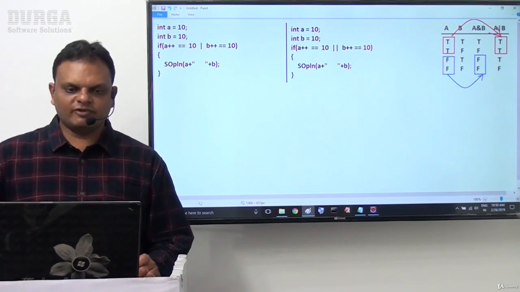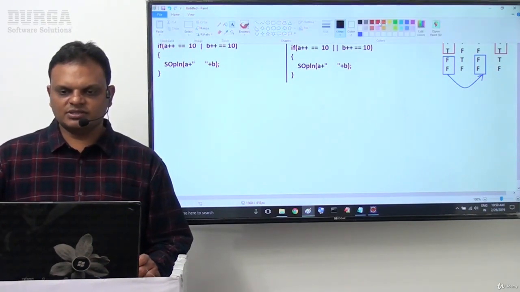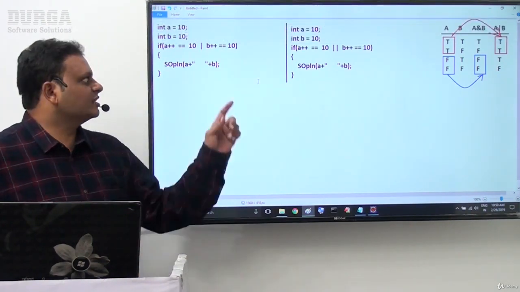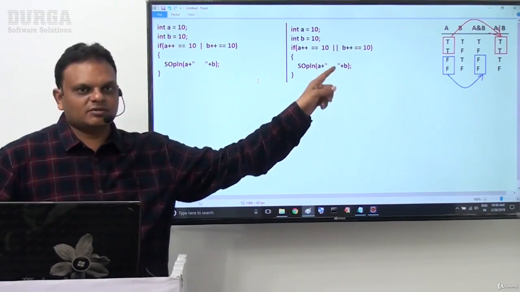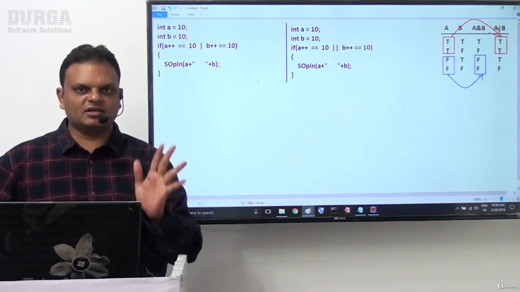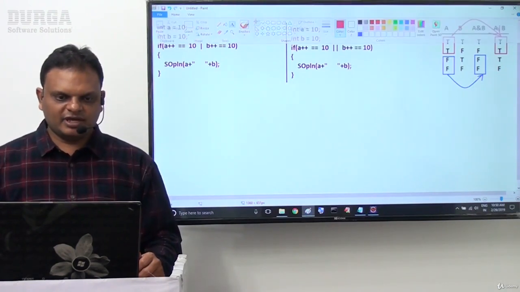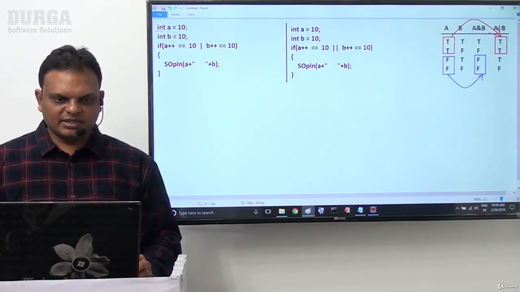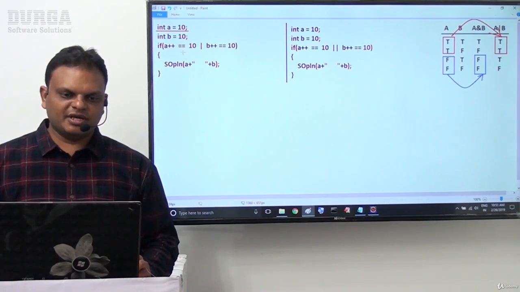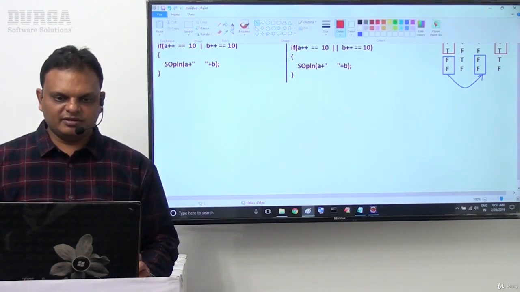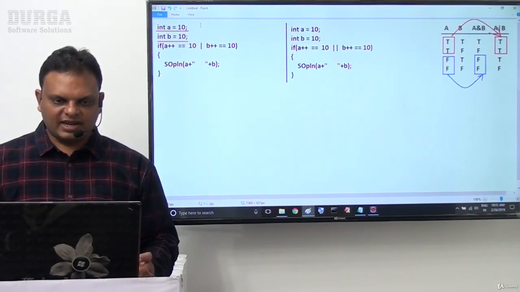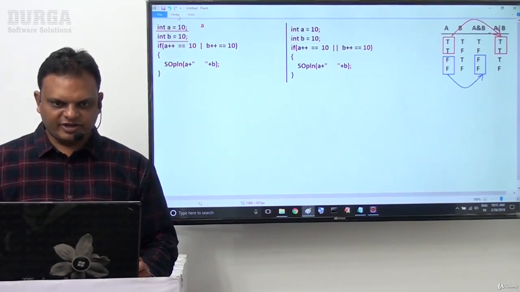Now I want to start the evaluation process here. Try to recognize this: what is going on in the case of single OR, and what is going on in the case of double OR? We have to identify clearly the difference here. Right, it's very simple. Observe clearly: int a = 10, int b = 10. When the JVM encounters int a = 10, int b = 10, immediately the JVM will allocate 4 bytes of memory for the a variable.